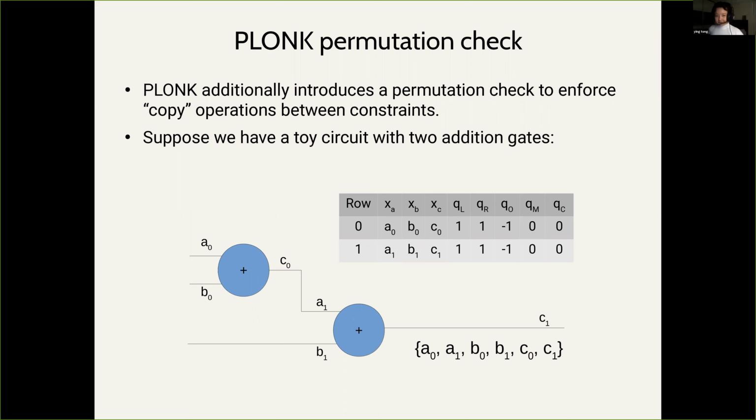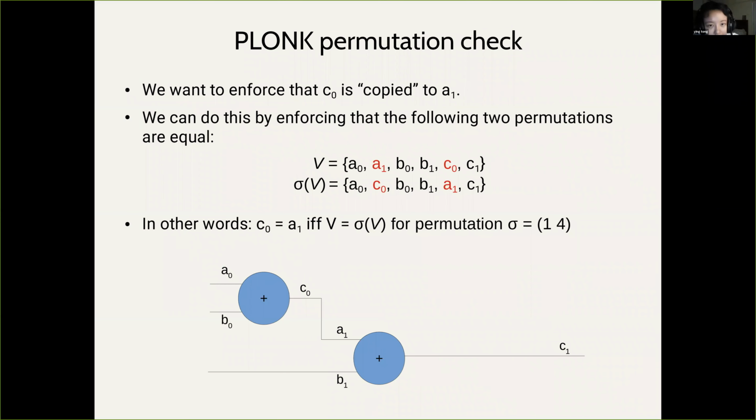Okay. So, like I was saying, we want to be able to copy values from one row to another. And the way we wire together the constraints, meaning independent constraints, is through a permutation check. So on the next slide, you can see effectively what we're doing